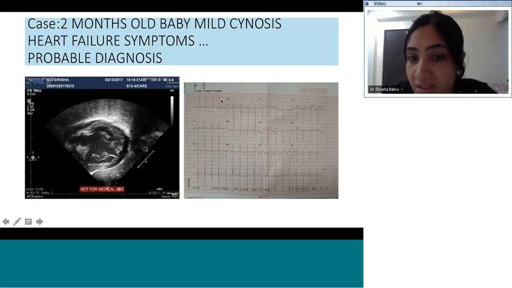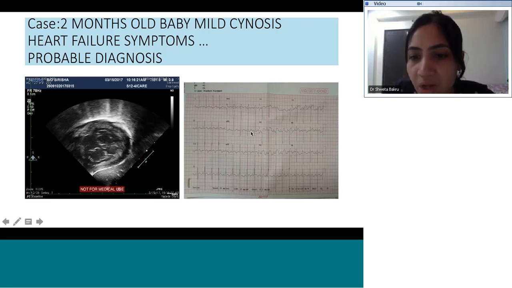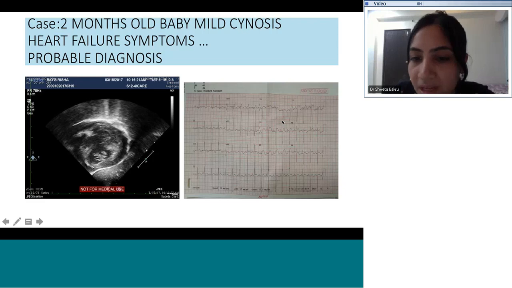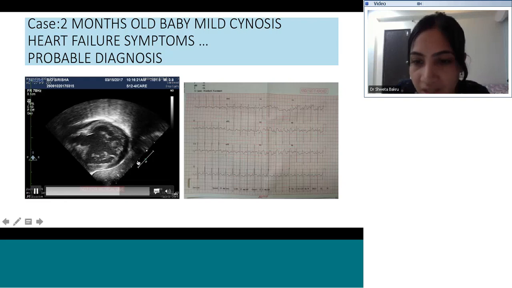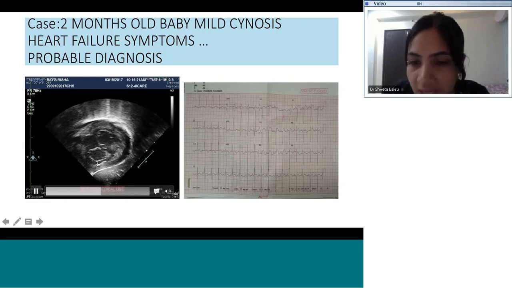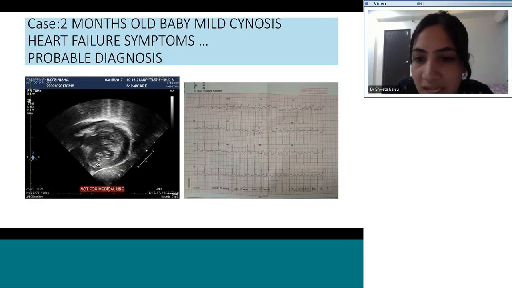There is a left axis deviation, and if you look at the frontal QRS axis, it is not very concordant with the left axis deviation. There is absolutely no R wave, and there is a small R wave in V5 and V6. So this kind of ECG is typical of single ventricle physiology, and in this kind of echo you are seeing a dominant single ventricle with two AV valves opening into it.